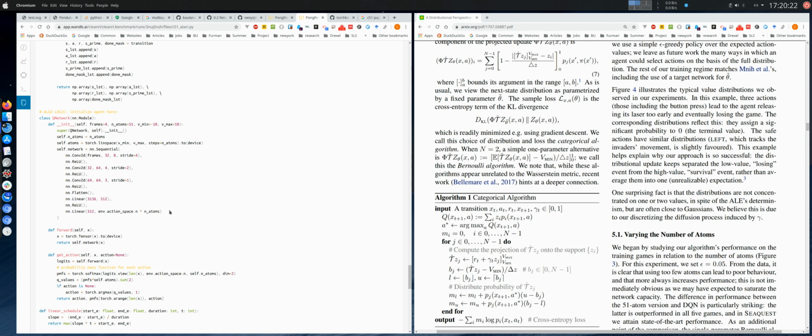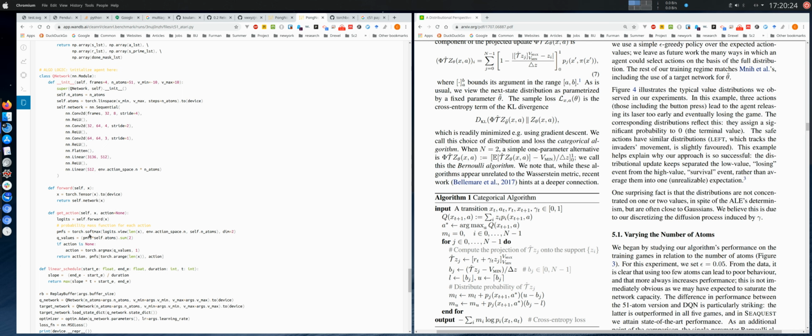Now, how you would generate these actions is, first of all, you calculate the PMFs, the probability mass functions, which is essentially this part, where what you generate is the batch size, then the number of actions, and the number of atoms, and you apply a softmax on it. And essentially what this produces,